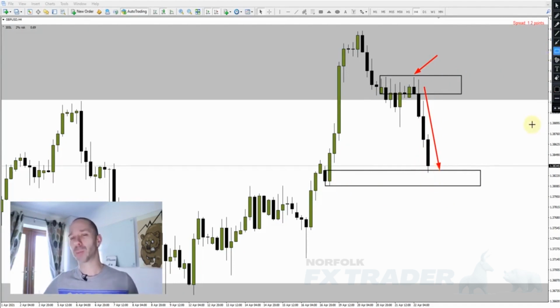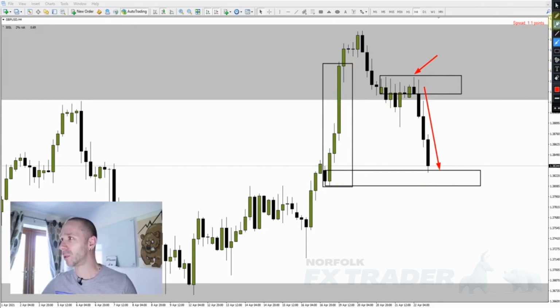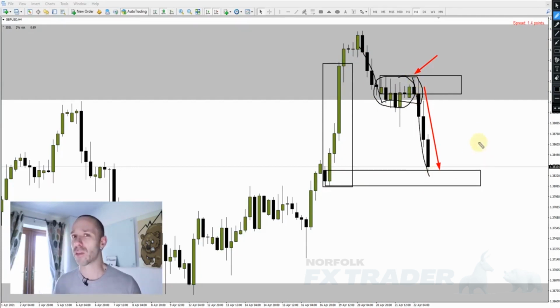Well, understanding space in the market will help you to understand why the market dropped. These 3 candlesticks here to the upside were bullish momentum, showing me that the market has got all this space to drop back down into that area of demand. And that's exactly what happened. The market dropped, moved sideways. We saw the reversal here on the lower time frames, which I went through in the first part of this video, and the market dropped off. So that trade's just over 3-to-1 risk to reward, a great trade for the week